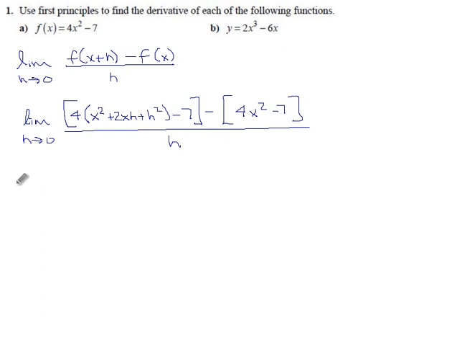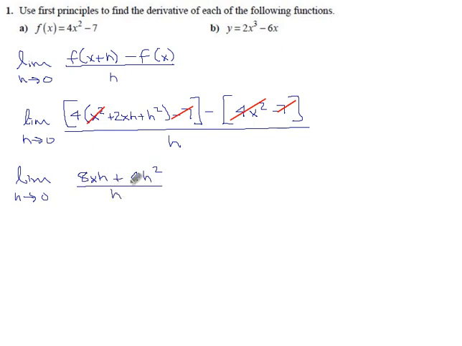So, limit as h goes to 0. Can we cancel anything? I have 4x squared here minus 4x squared there. I think it's safe to chop both of those. Here we have minus 7 and minus 7. Those will cancel. So the pieces that survive are going to be 8xh plus 4h squared